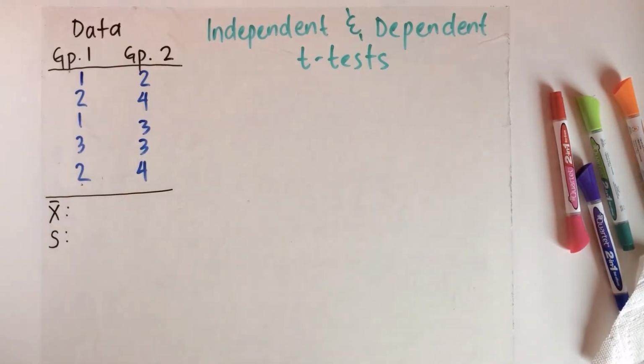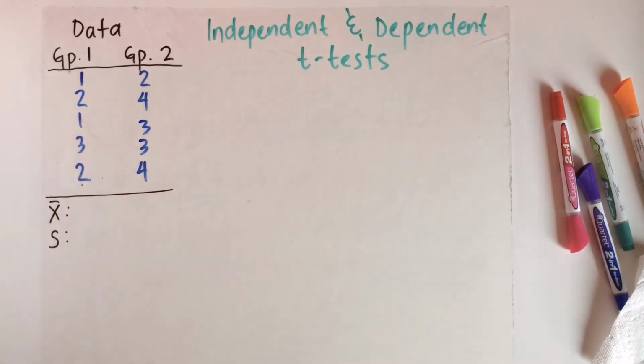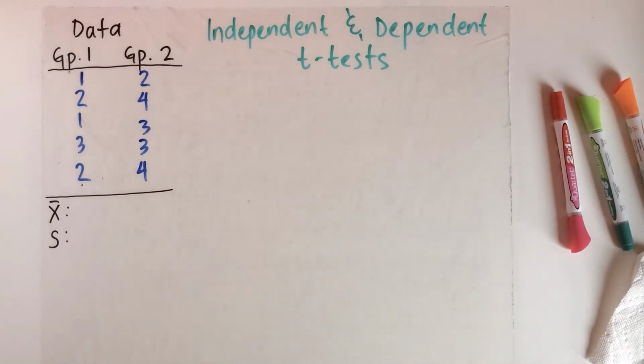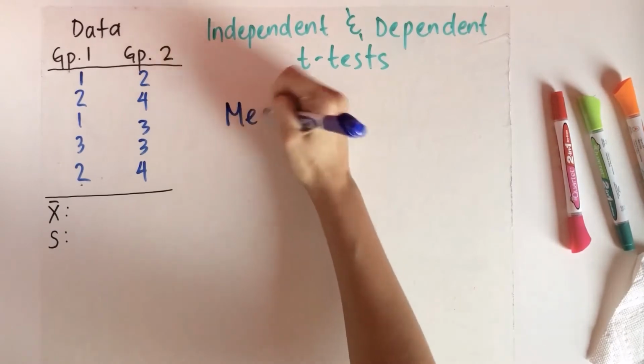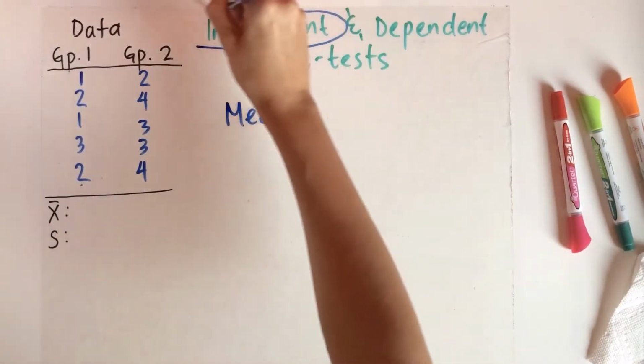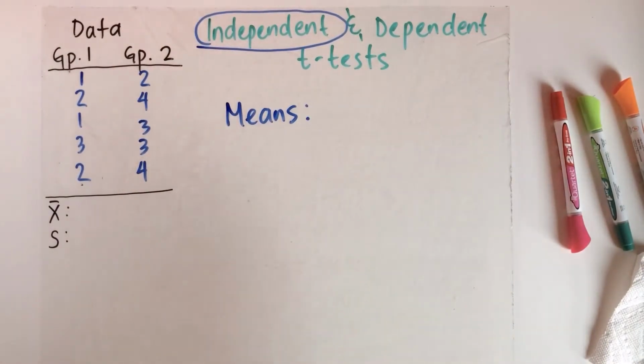The first thing that we're going to need to do for the independent t-test is compute the means and the variances of these two samples of data here. So I'll start from scratch, just in case. It's been a really long time. And we'll begin with the means. And to emphasize, we're going to start with the independent t-test. So that's what we're preparing to do now.